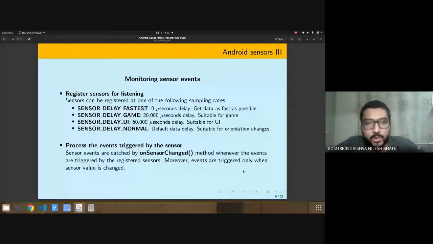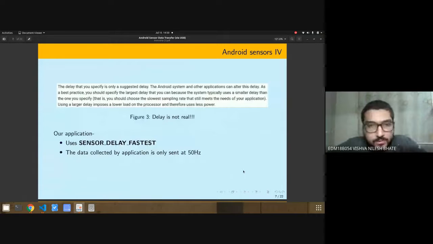And with UI and game also, it was around 20 hertz to 50 hertz, in that range. Whereas in fastest, I was getting around 500 to 600 hertz. So the implementation is like this: you get data, but you only send it once you have the 50 hertz time cycle. So you only send the data via USB after 20 milliseconds, which is 50 hertz. That's how the application works.